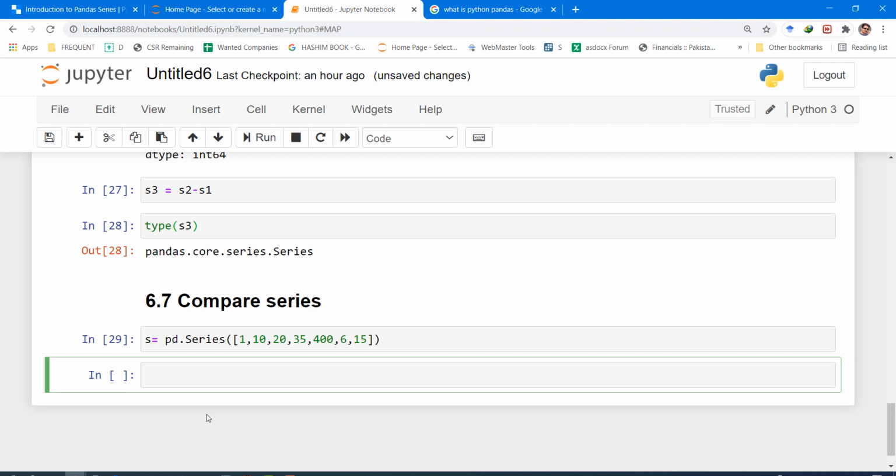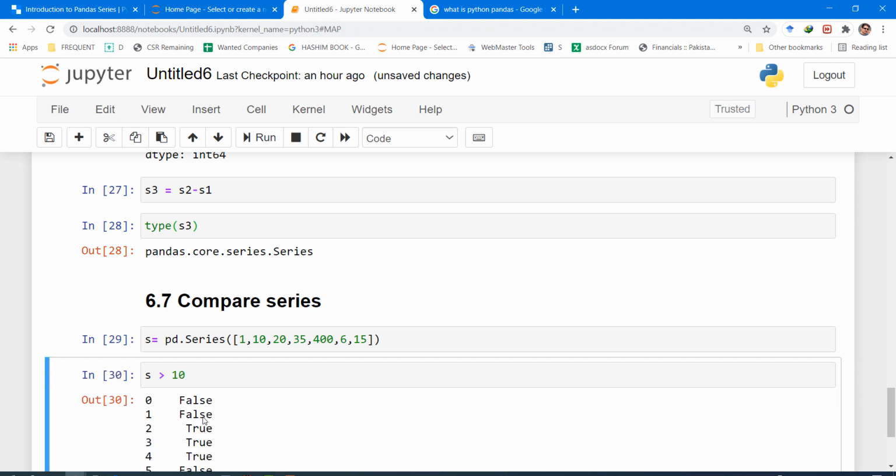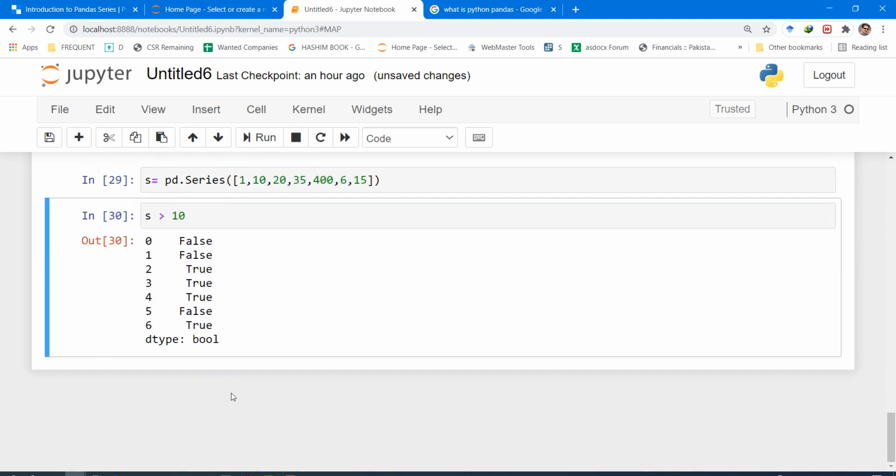And now let's see which of these numbers are greater than 10. So we can type the name of the series and then we can type the notation greater than 10. It creates another series, and it will have true and false statements for each of the series items.